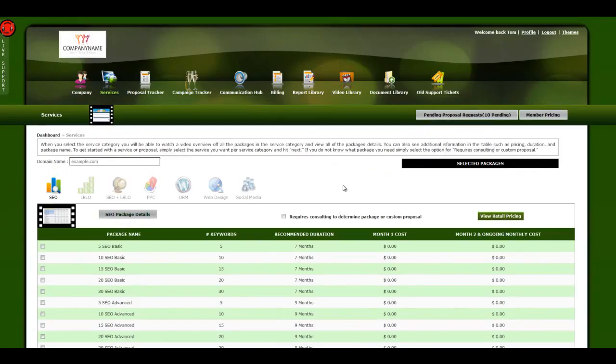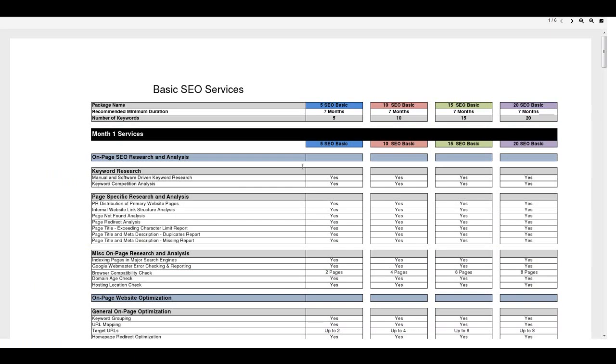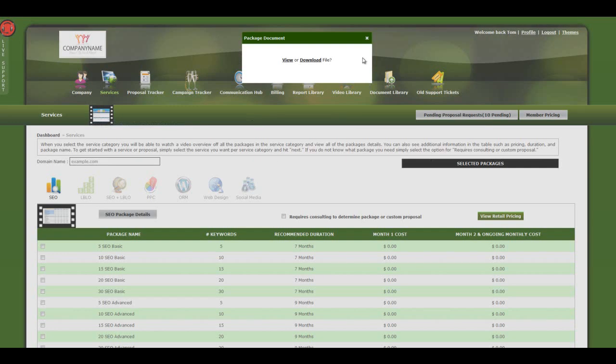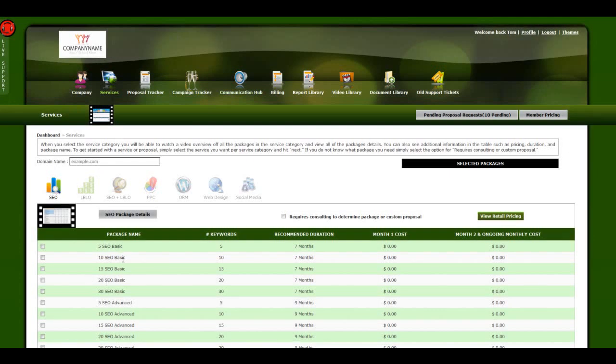When you download the package details, if you weren't wanting to submit a proposal request, but you want to just take the package details to your client, for instance on the SEO package details, and I just selected to view these online instead of downloading for quick reference for you. But for instance, on the basic SEO services, so let's say I went into here and I was looking at the SEO and there's basic SEO services, and I said to myself, well, you know, I wish I could just